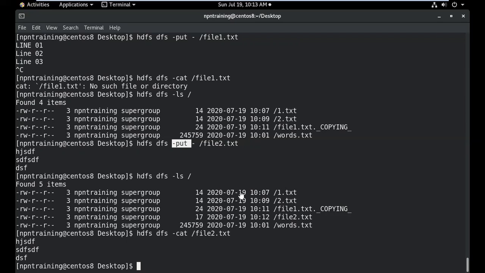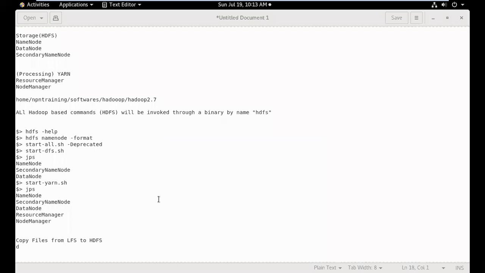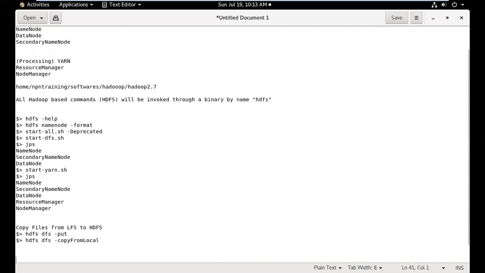Similarly, we have seen copying files with commands like hdfs dfs -put, and also commands like hdfs dfs -copyFromLocal. Similarly, we should also be able to copy files from HDFS to the local file system.